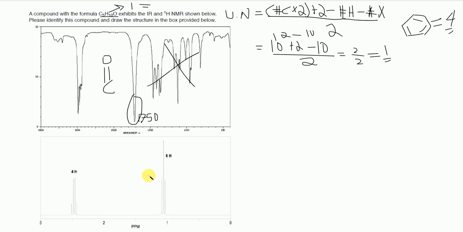This integration number is supposed to represent the number of hydrogens on a carbon. Obviously, I can't have four hydrogens because that means it's just a CH4, and obviously I have a molecule, so I can't just have a CH4. So that's weird. And then I have 6H, and obviously I can't have something that has 6 hydrogens on it. So